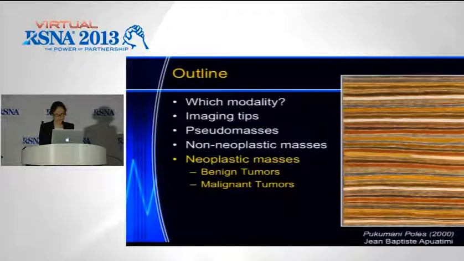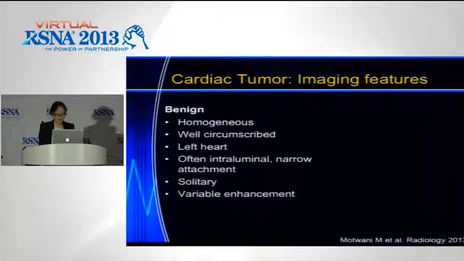So finally, let's take a look at some of the neoplastic masses. And this is an important slide to remember. So basically here we're just looking at features that help us determine between benign and malignant tumours. For a benign mass, we're looking for homogeneity of the mass, with some exceptions. Well circumscribed mass, these masses tend to occur in the left heart. They're often intraluminal and have a narrow attachment to the myocardium or the valve, and they tend to be solitary